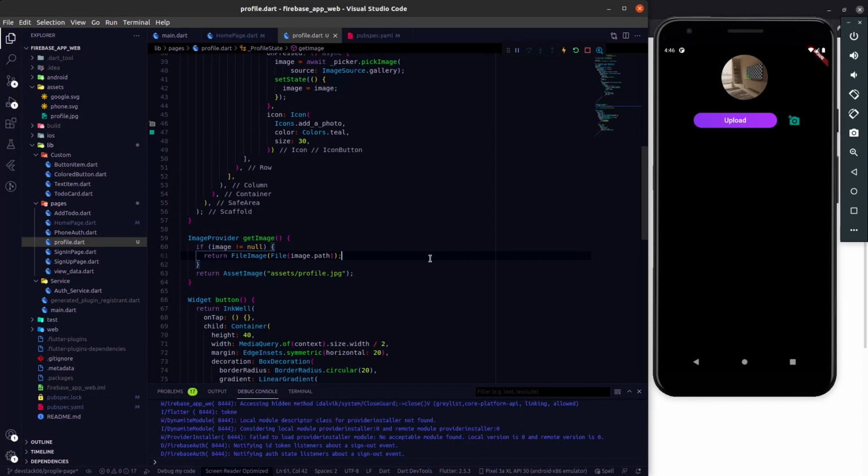I know this video is not up to the mark because we are working on just a rough layout, but yeah, to complete this series we need to have a layout. Then we will add the real functionality of uploading the image to the Firestore and fetching it on our app.